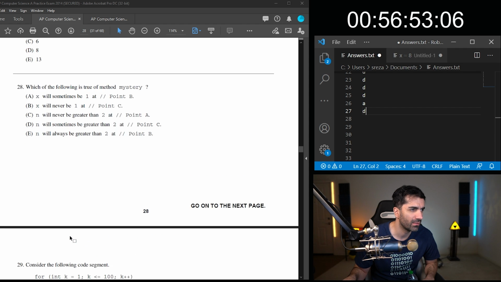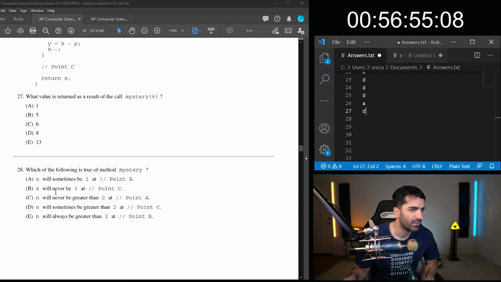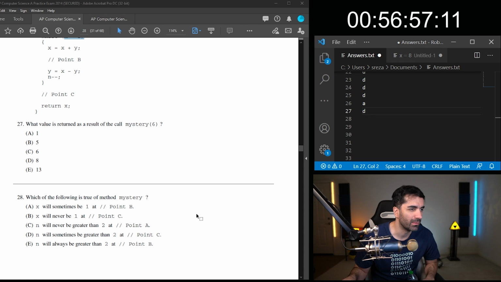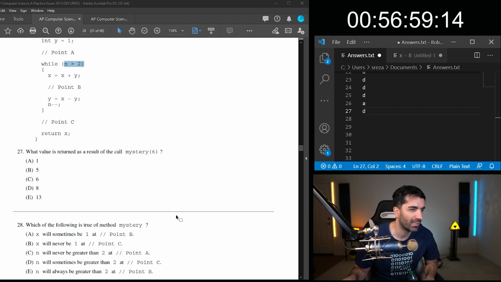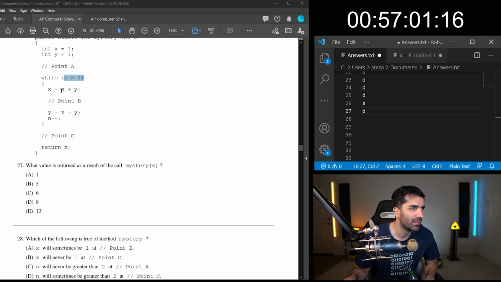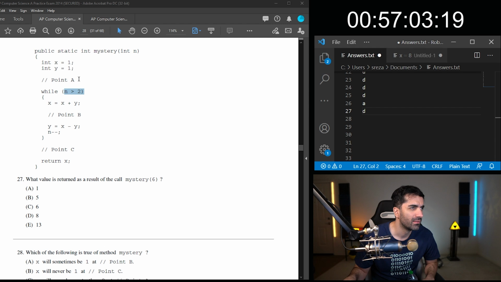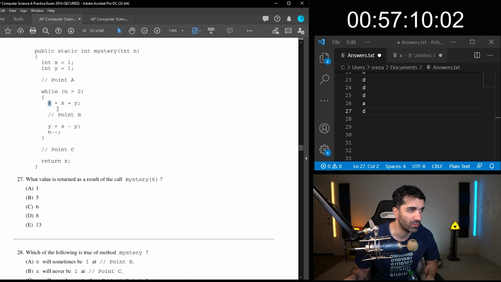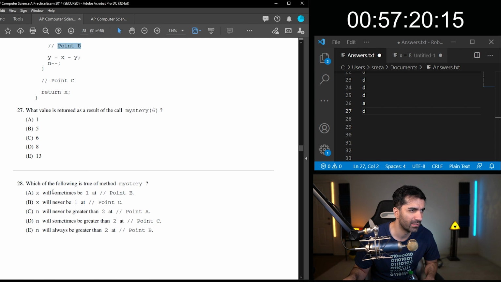Oh, X will sometimes be 1 at point B. So if it's 1 and 1, it'll never be that, right? Because initially it has to be a 2. And then it always just goes up from there. So it's not that.